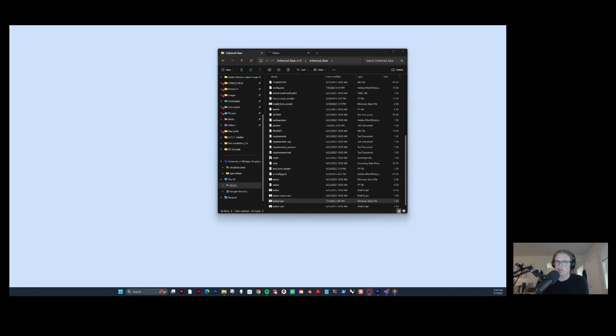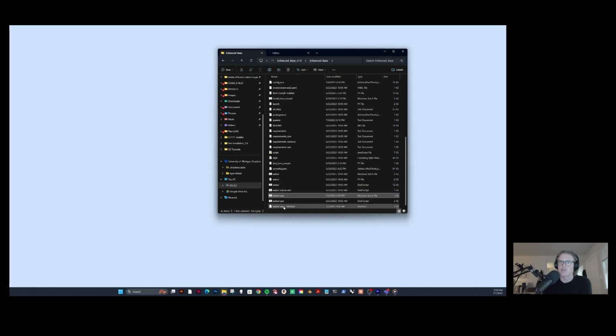So now if we want to reopen the web UI, we can go back into this enhanced base folder and double click the web UI user batch file. But to make it a little easier, I like to create a shortcut. So right click on that file, create shortcut, and then we can drag that onto our desktop. So now anytime I want to open the web UI, I double click that shortcut,